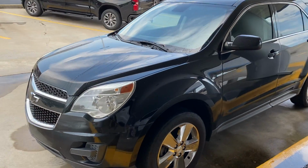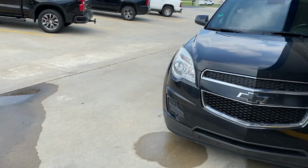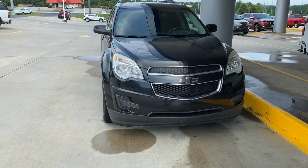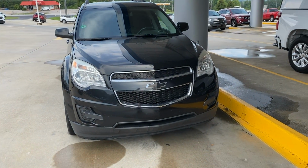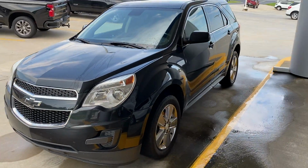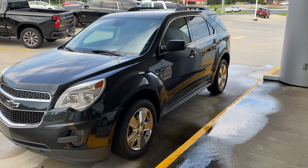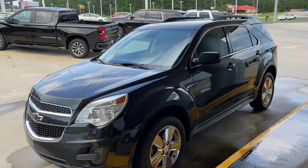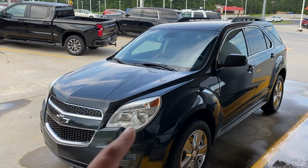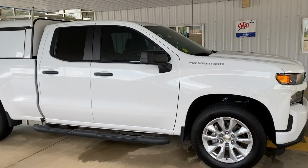Alright guys, as you can tell, this is my 2013 Equinox. This is the one that has been through everything with me. I've had it since 2014. I've had this car for a long time, and it has served me phenomenally. I cannot say anything but good things about this car, but unfortunately I'm starting to have issues with it, and with it being my daily driver, I can't really afford to have it start breaking down. So what we've done is we've traded this one in. We've traded old Knoxy in, and I have now gotten a